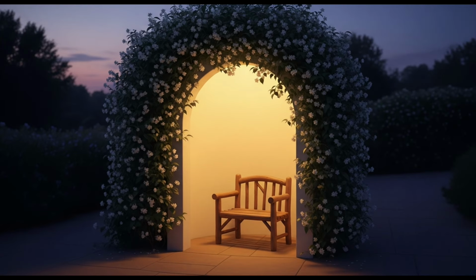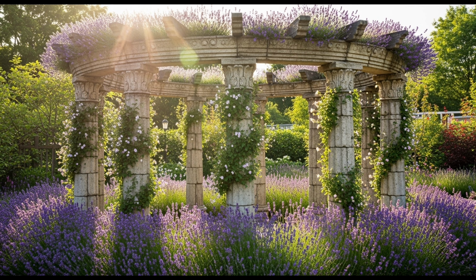Some paths don't just lead somewhere. They set a tone before you even take the first step. This arbor, standing patiently over a meandering cobblestone walkway, doesn't announce itself. It suggests. It hints. It welcomes you inward, as if into a memory you forgot you once had. Beneath it,